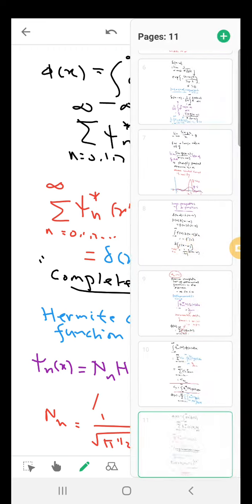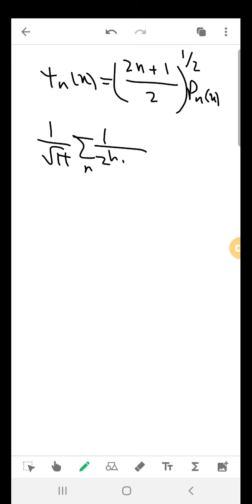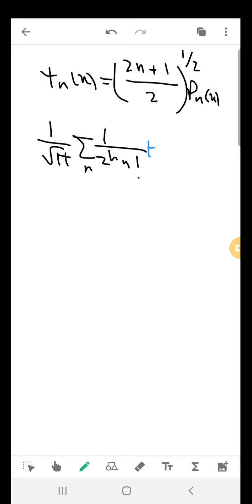We obtain the value of psi n x, that is equal to 2n plus 1 divided by 2 to the power half into p n x, and we can write 1 by root pi sigma n 1 by 2 to the n n factorial H n x